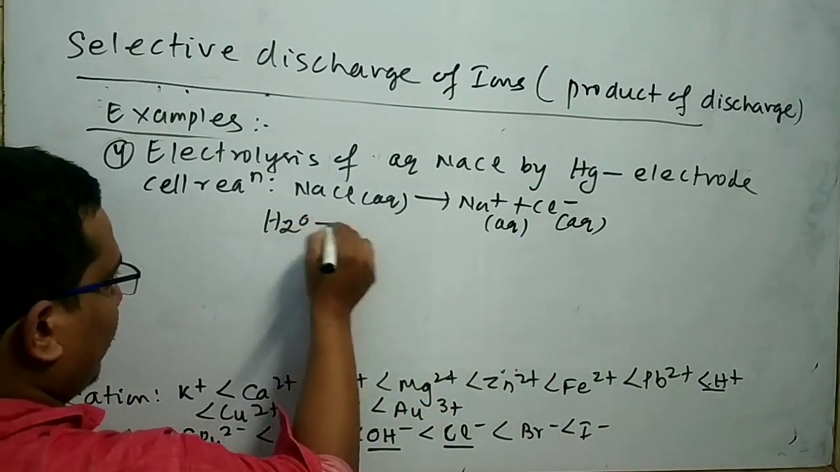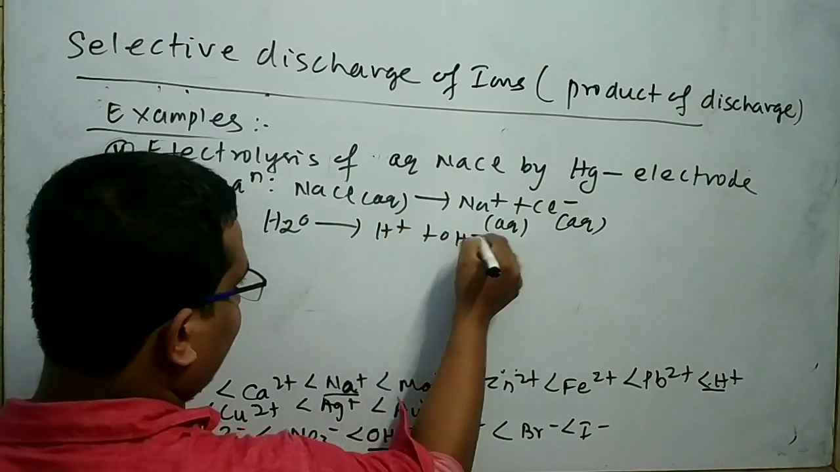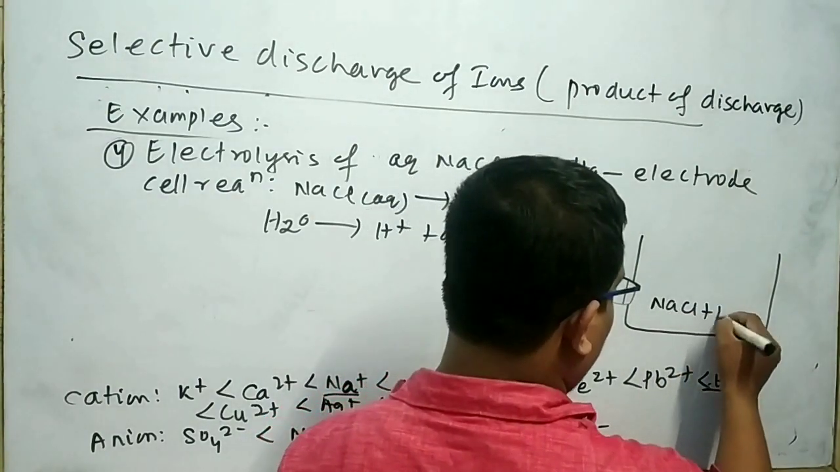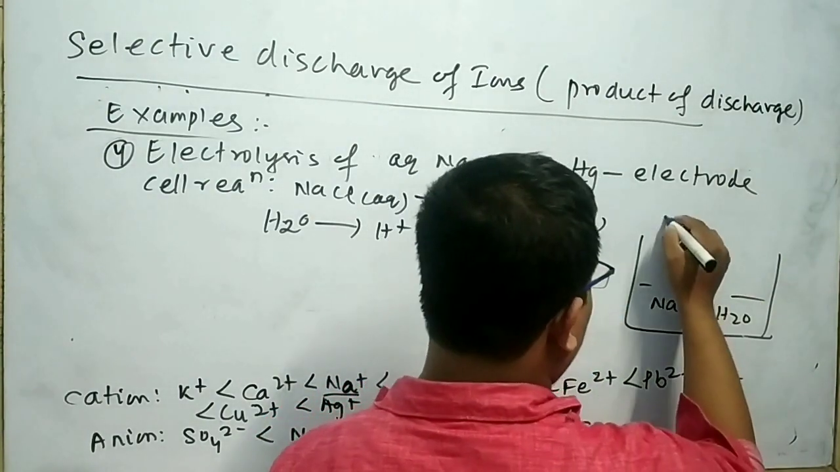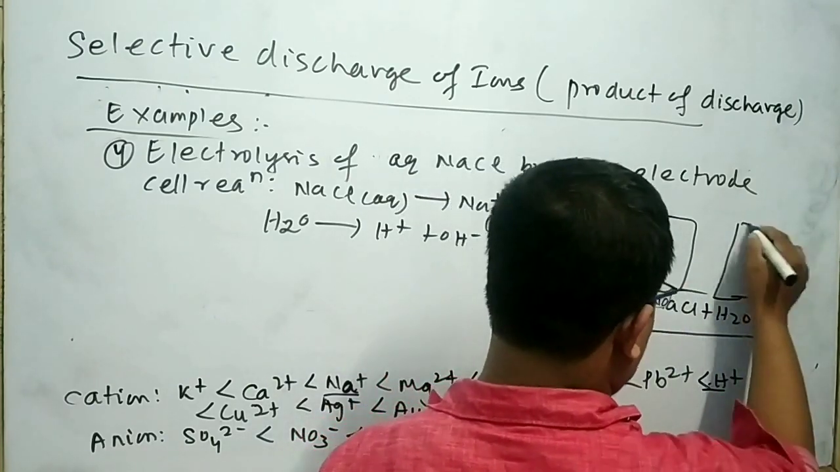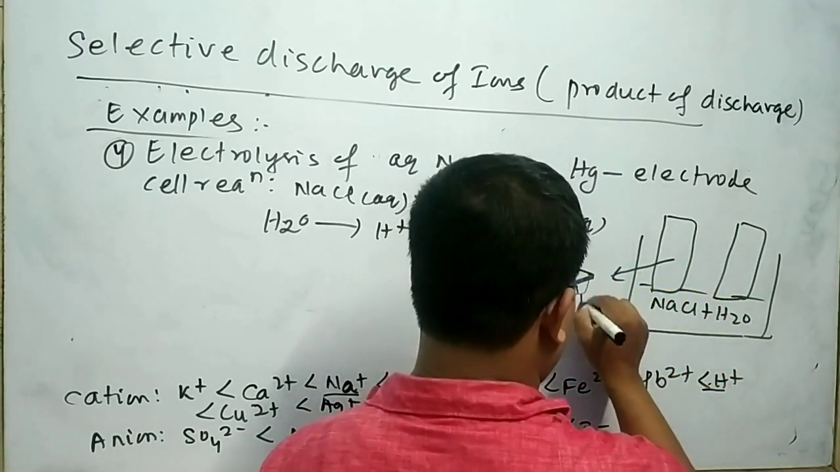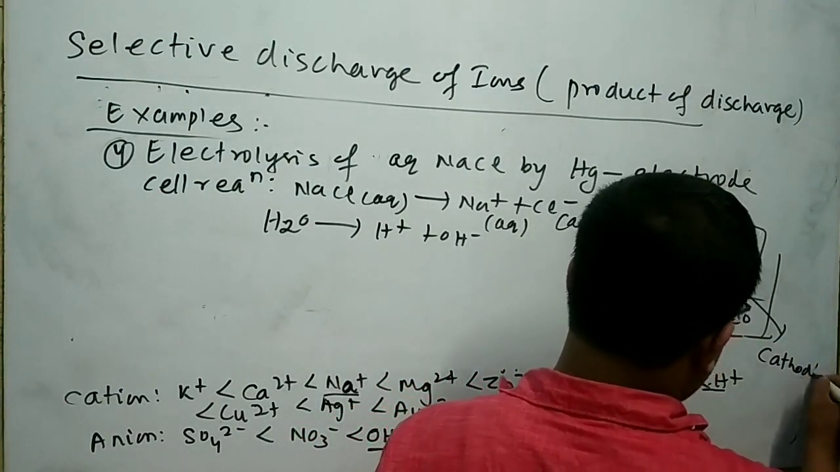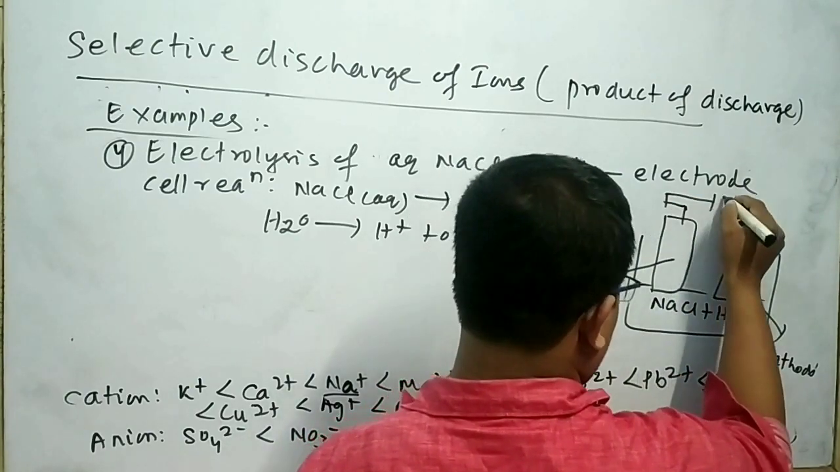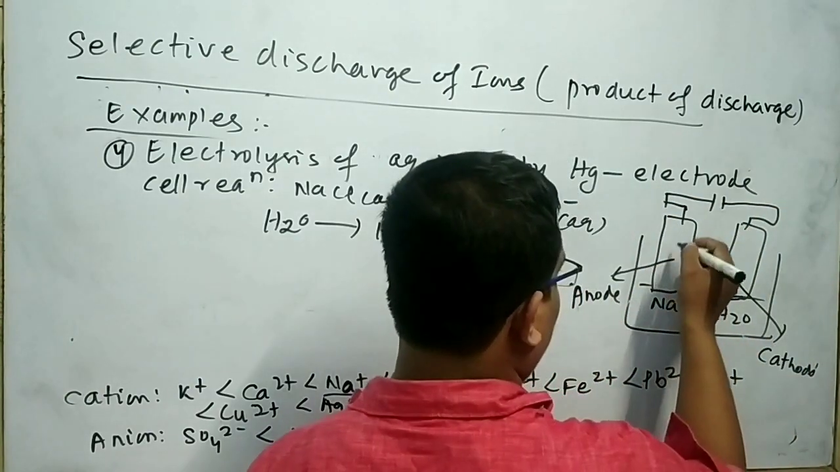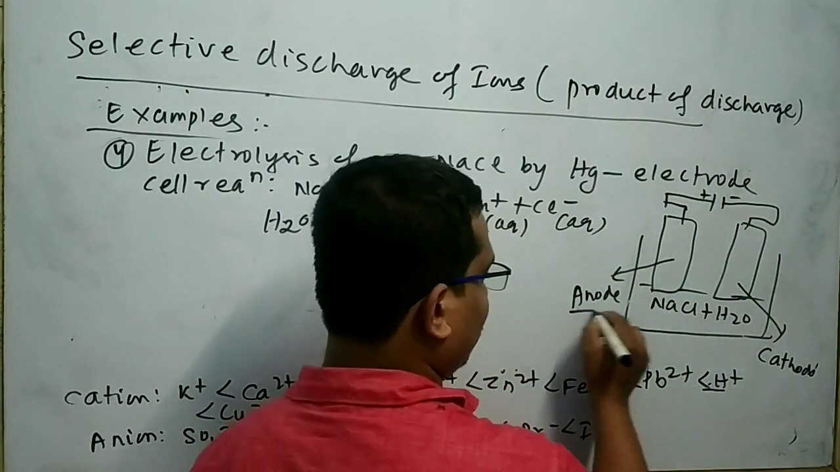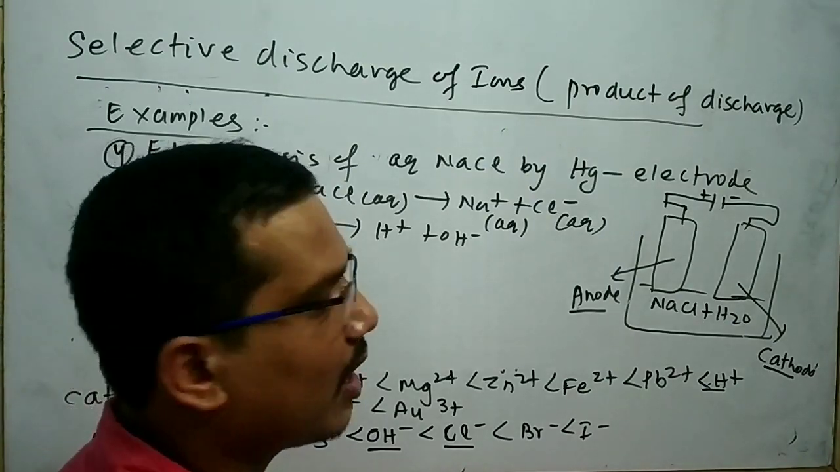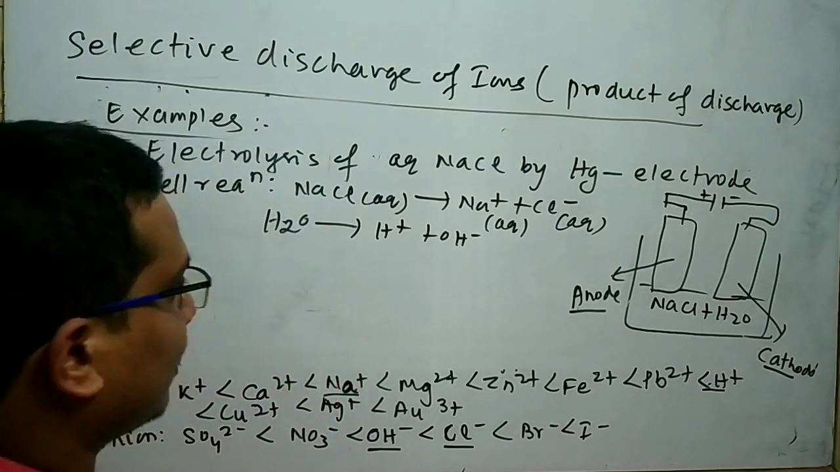Another is H2O gives H plus and OH minus. Look at that. Here NaCl plus water is taken as an electrolyte. Here mercury electrode is taken. Both cathode and anode are mercury electrodes. Here a battery is connected. This is said to be plus. This is minus. This is your anode. This is your cathode. Here no concentration term is given, so the concentration does not affect the selection of ion